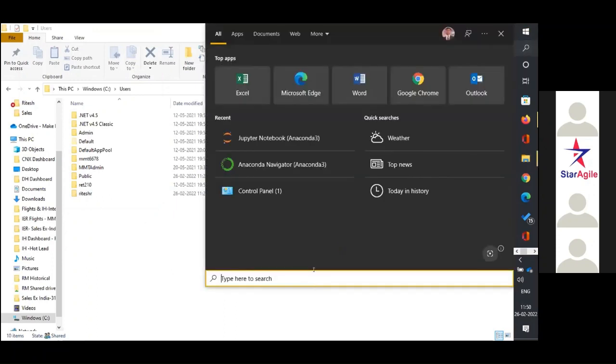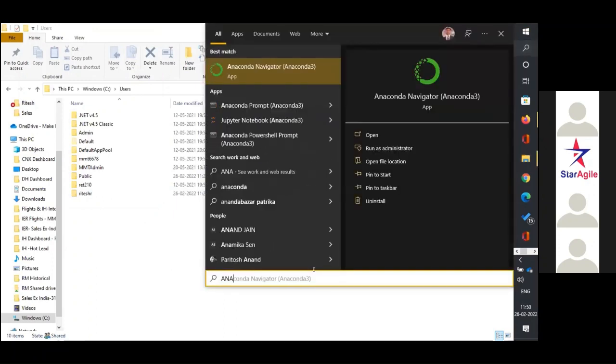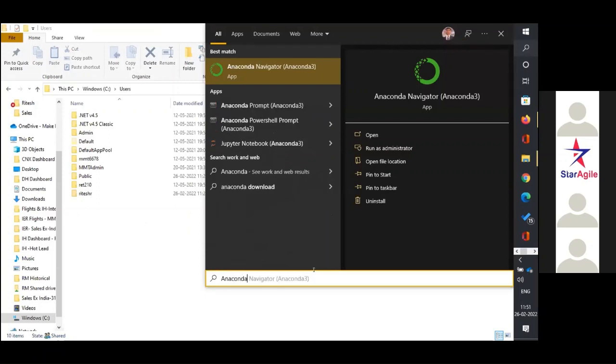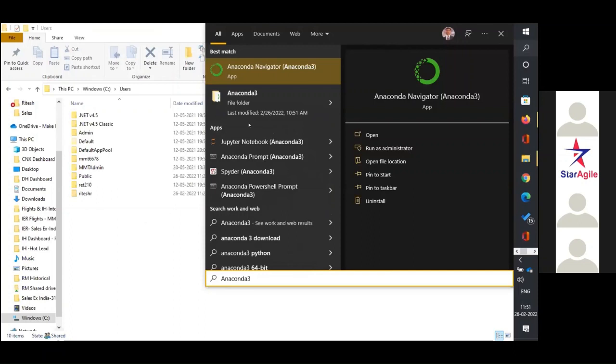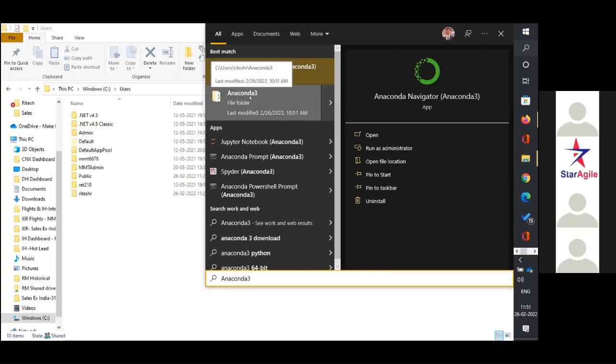Search Anaconda 3. Right click. Yeah, see, now Anaconda 3, open file location. For Anaconda 3, yes, see this one. Yes, third this one: open, run as administrator, open file location. No, that will open for the navigator. You open this one, this file